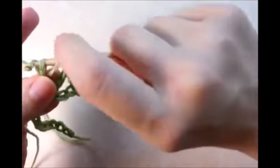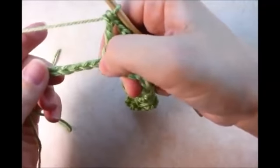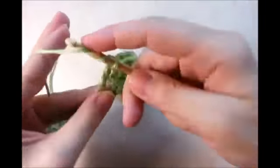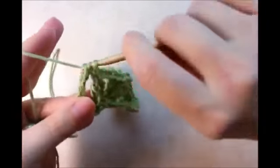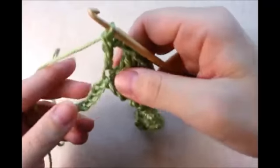Skip 3, and then in the next we'll do our 2 triples, a chain 2, and a double. And you just want to repeat this until you get to the end of your chain. Skip 3, skip, skip, skip, and then the next we do 2 triples, chain 2, and a double. Skip 3, skip, skip, skip, and then the next